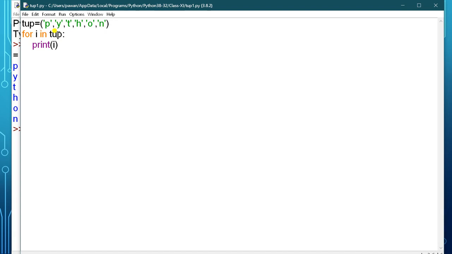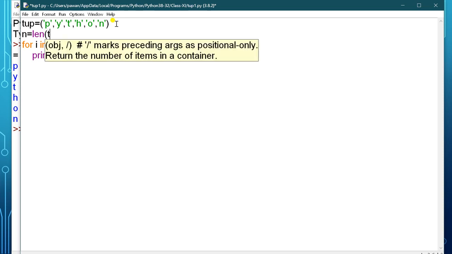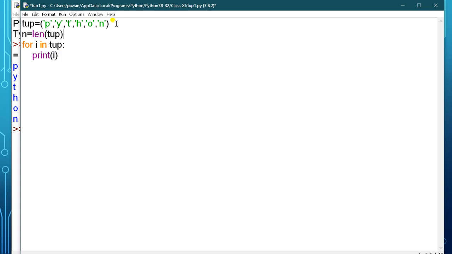Now next is by using the range function. So the same is there. Here I am using a variable n, so it will calculate the length of the tuple. Okay. Then it will run for i in range, what is the range? n. Okay. Then it will print what? You have to write here the name of the tuple, that is tup, and then the index.